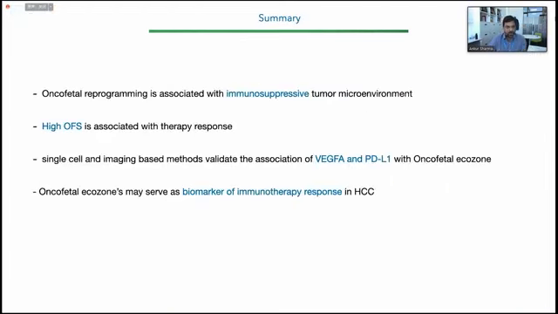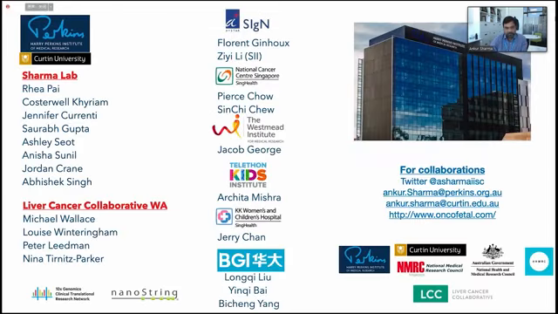Just to summarize, in today's talk, I presented that the oncofetal ecosystem is associated with an immunosuppressive microenvironment. And now we are showing that this high oncofetal score is associated with therapy response. And we could identify these VEGF-alpha and PD-L1 positive cells in oncofetal ecozones, which may serve as a biomarker of therapy response in HCC. So this is work done mostly in my lab in Perth and with strong collaboration